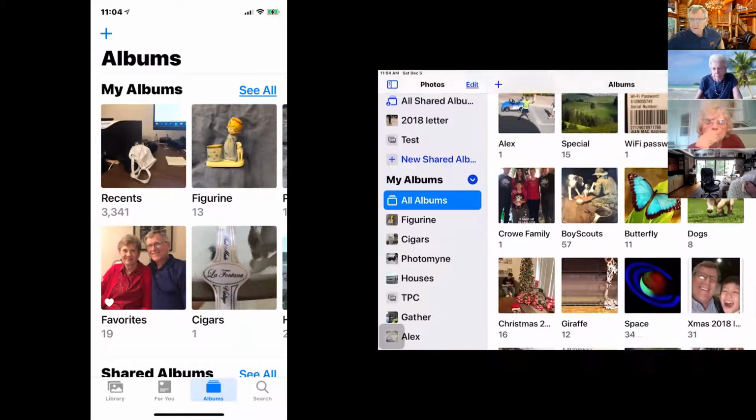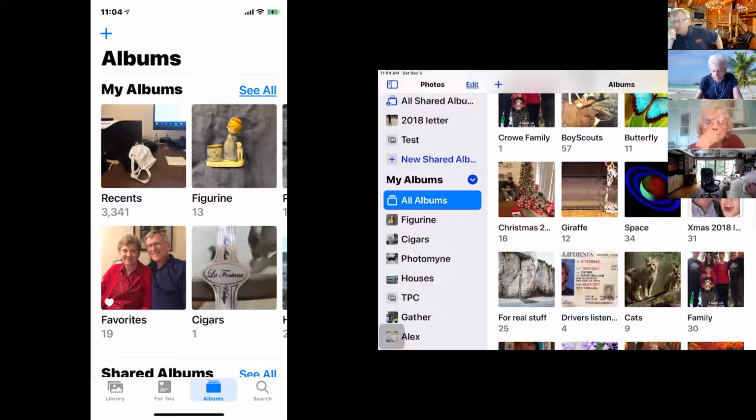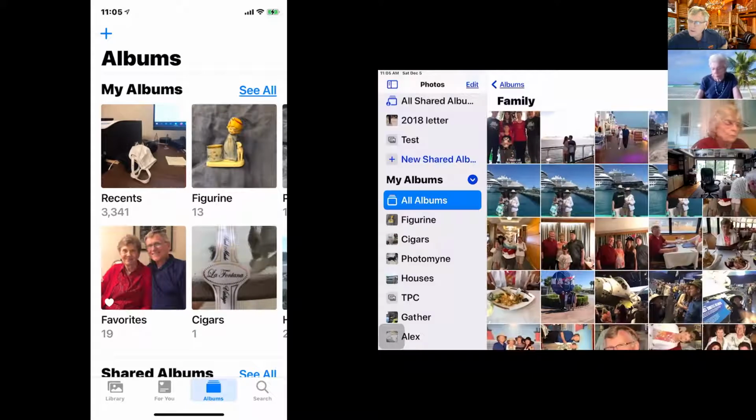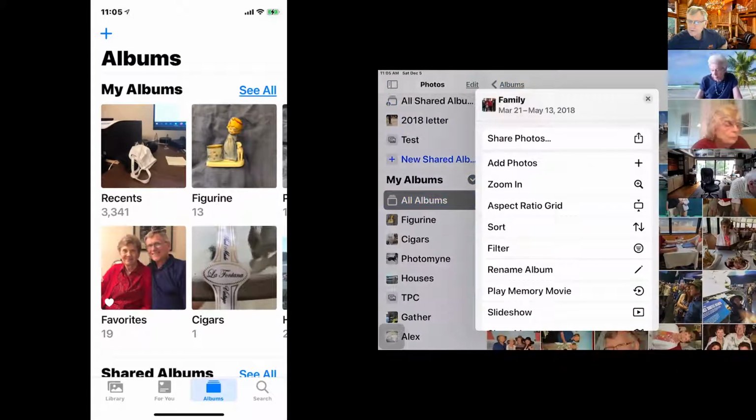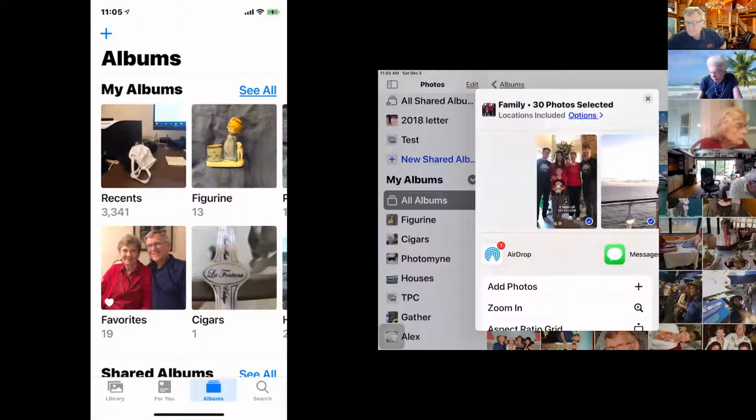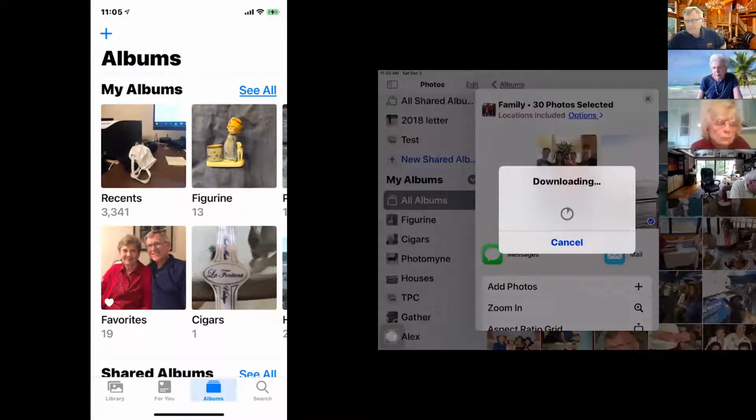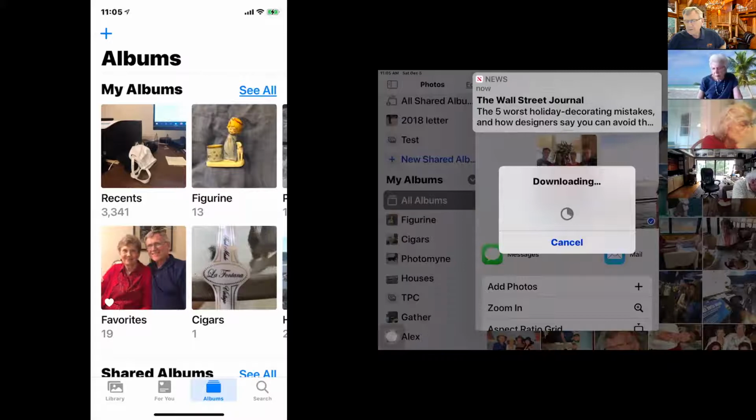And if I have an album I would like to share with somebody, if I tap the album, I should be able to share it. See where it says share the photos? I tap that. And then I can email, tap mail. Oh, I just want to share the link. I don't want to share the